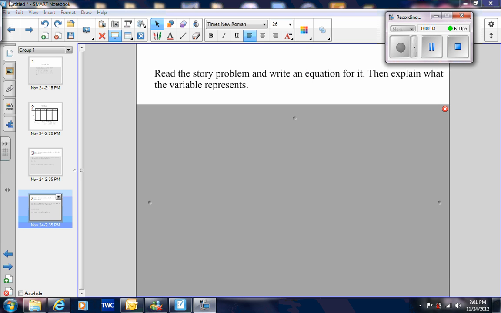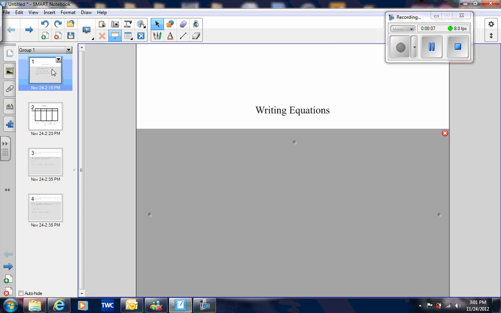It's time for us to be writing equations. This is not going to be a time where I actually solve the equations, that will come later, but writing the equations, and specifically using variables, is going to be an important part of what we're doing right now. Writing the equations,